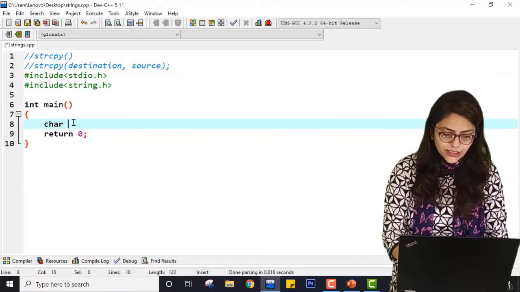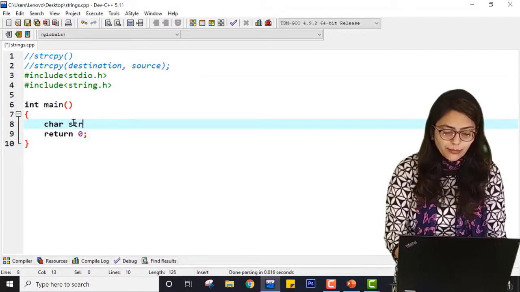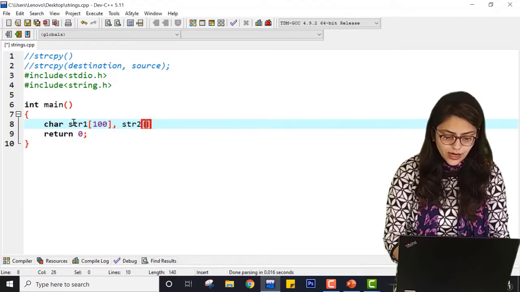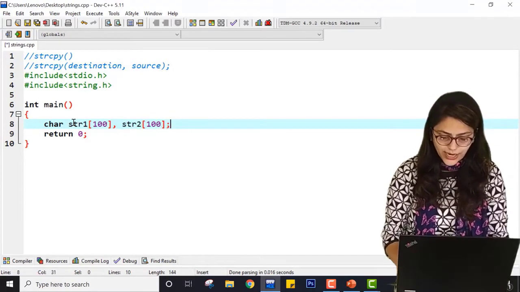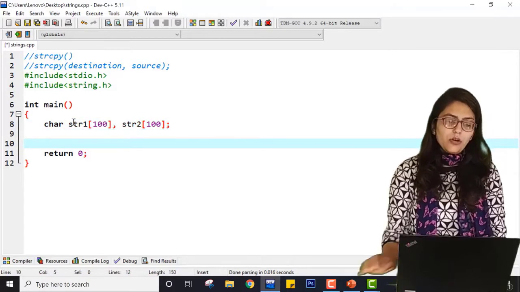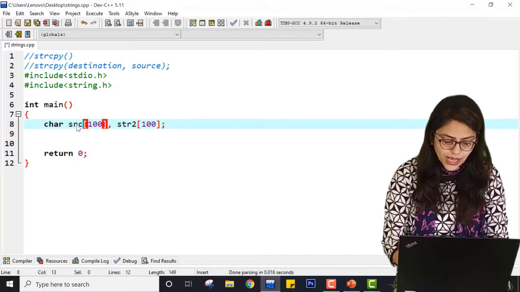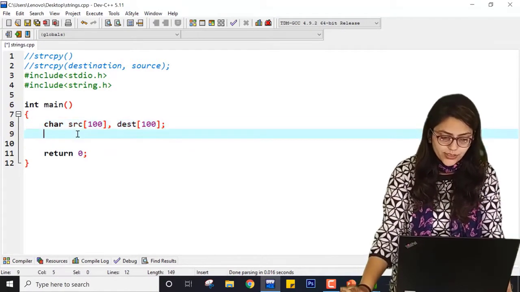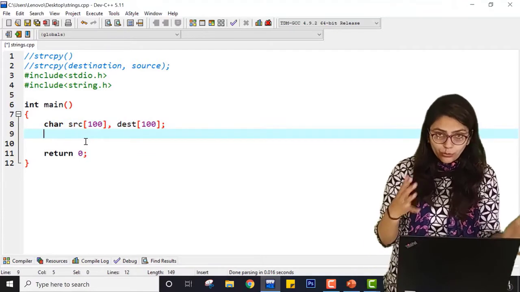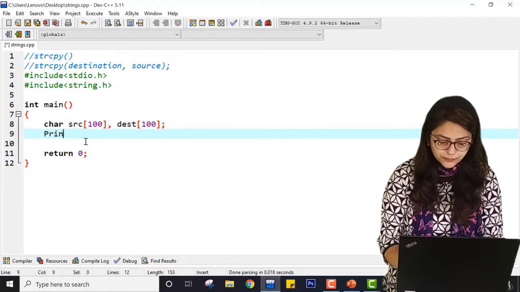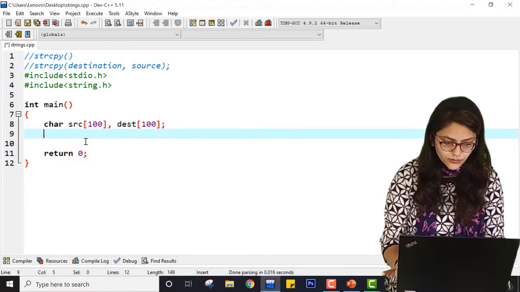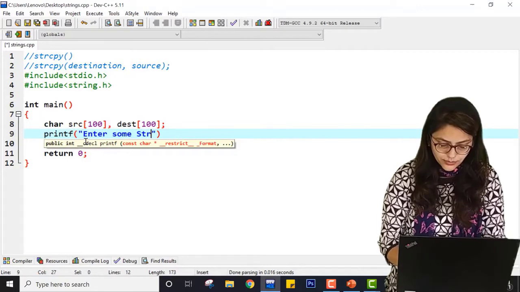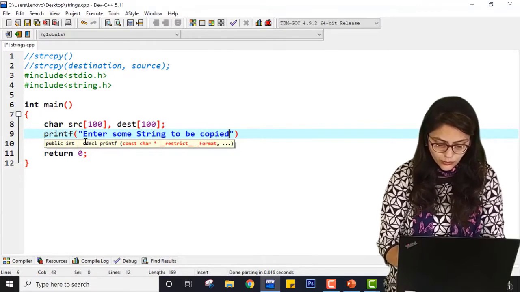Now for this I need just 2 strings. So I am taking str1, which has size 100, and str2, which has size 100 again. Let me just say src for source and dest, so that it will be convenient for you to understand. Now I have to take this value from the user, so I am using printf first. Enter some string to be copied.